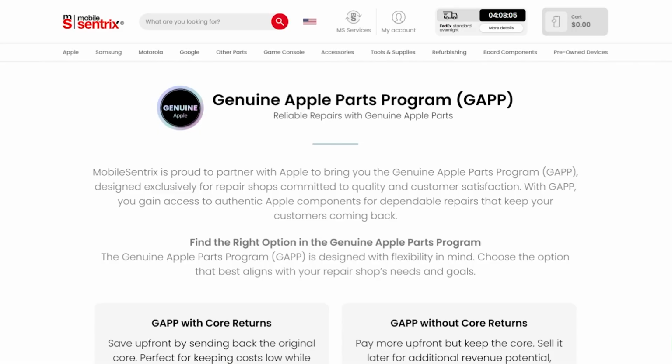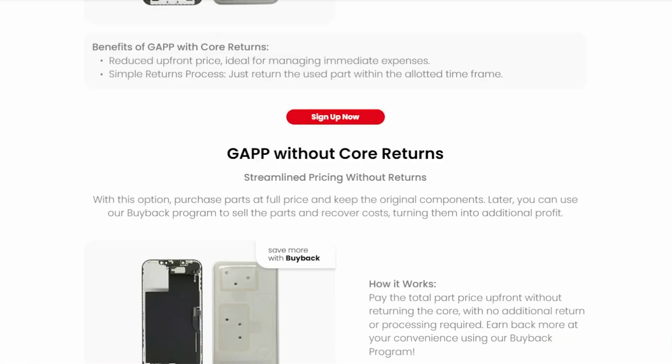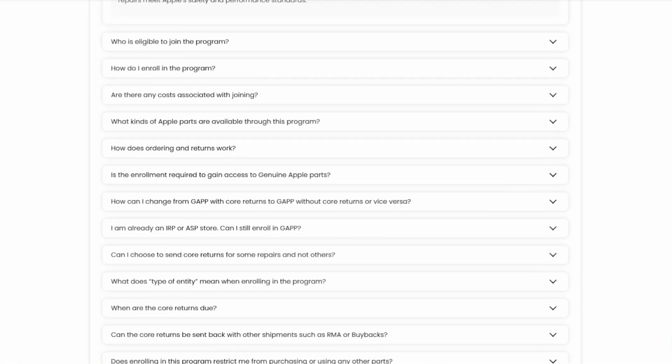First and foremost, if you haven't already, go ahead and check out the GAPP program. That's a genuine Apple parts program. You will find a link on the website to this page where you can go through and read all about it, along with the frequently asked questions section where you can go and learn everything that you need to know